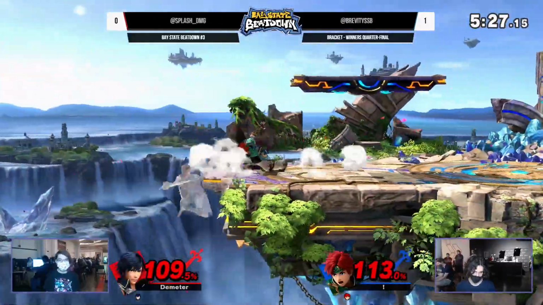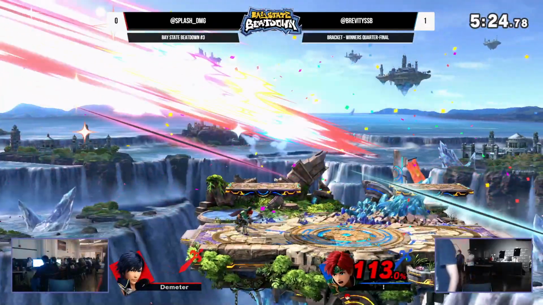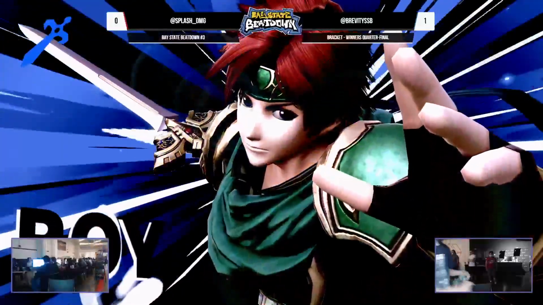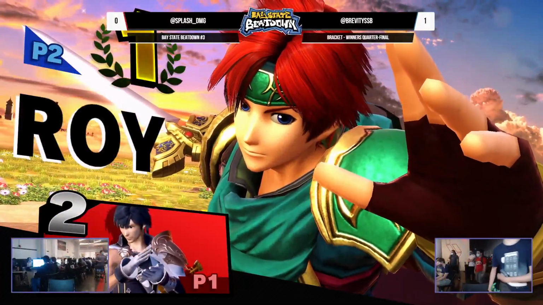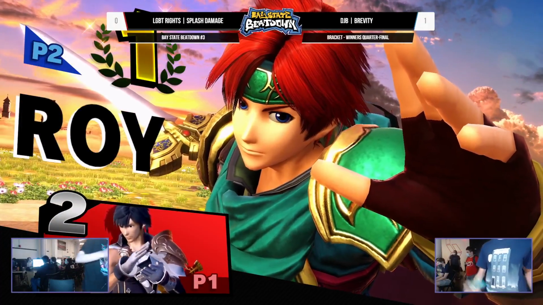If you're too comfortable moving around someone with either of these characters, you're gonna get killed. Okay, Brevity not getting clowned on fully for that, but Splash brought that all the way back. That could have been a problem for Brevity, for sure. All right. That was some pretty good play from Splash that last stock. It came in a little too